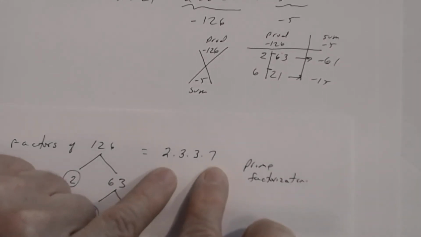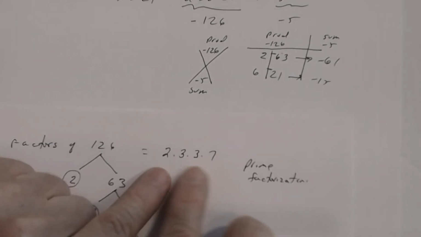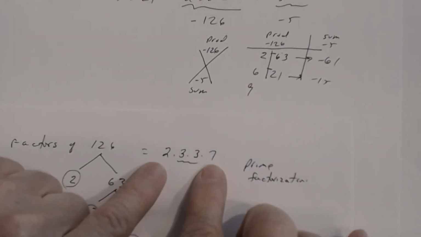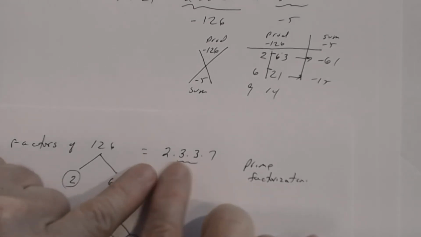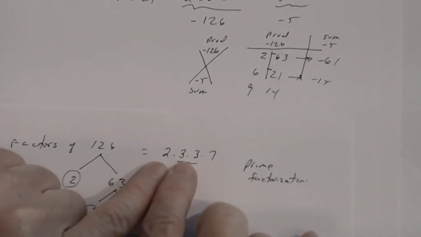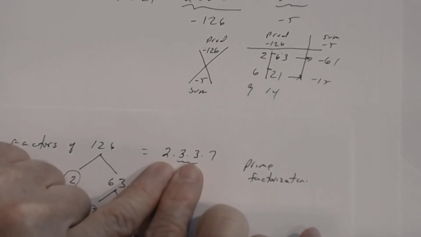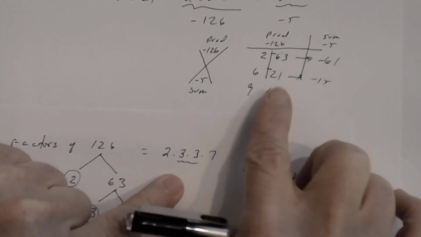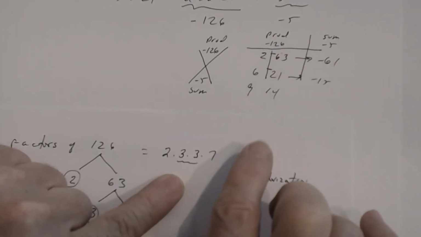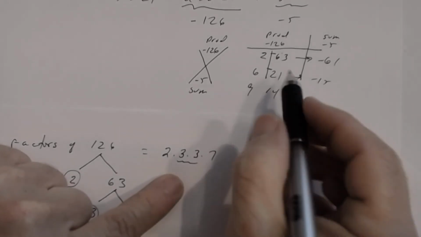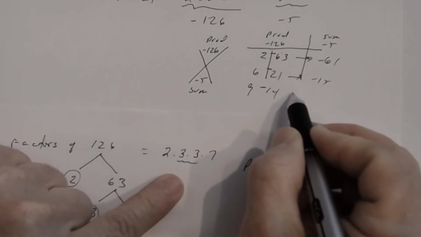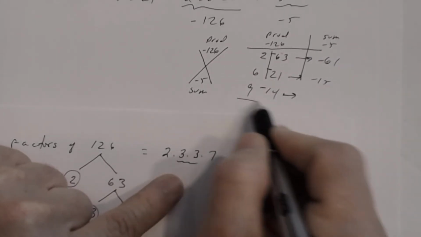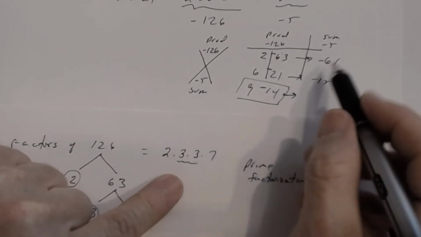So using 6 and 21 didn't help, right? Let's try something else. Let's say 3 times 3 is 9, and then 2 times 7 is 14. You see what I'm doing? I'm just picking 2 factors here and multiplying them together. So 3 times 3 is 9, and 2 times 7 is 14. So 9 times 14 is 126. But one of those has to be negative. Which one has to be negative? The 14, because my sum is negative. And look, right away I found the one that worked. Here are the 2 numbers that work, because 9 and negative 14 is